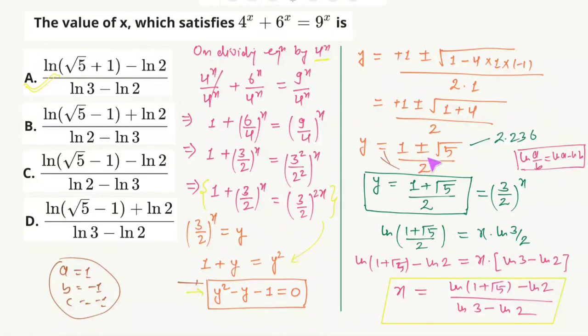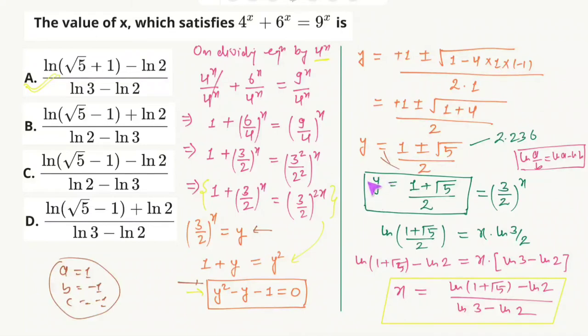So we have to neglect the minus term, because for any real value of x, this y term will be a positive number. If we take the minus, the value of root 5 is 2.236, and when we subtract this from 1, this will give us a negative number. So this negative sign is not a valid solution for y. We have to remove this. Only the positive sign would be a valid solution. So y is equal to (1 plus root 5)/2. This is the only solution for y.